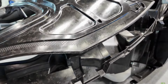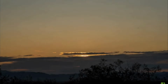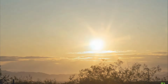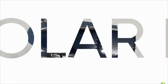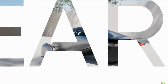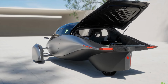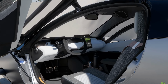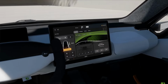Even though this is a really niche vehicle because it's a two-seater, it's powered by the sun. If you drive maybe every other day, or if you just drive less than 40 miles a day and you live in a sunny area in the world, then you will probably never have to plug this thing in at all. It gives you practically up to 40 miles of range a day. And of course, you have to account for cloudy days. On cloudy days, it's not going to get that much. You're probably only going to get maybe